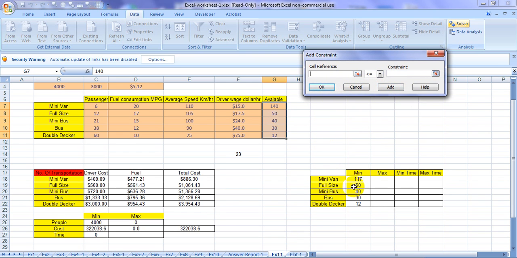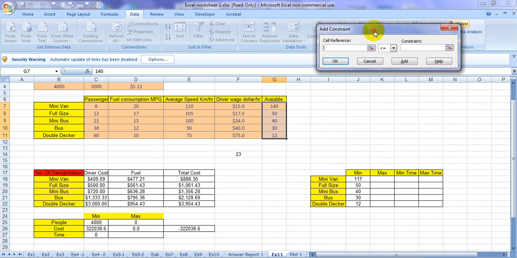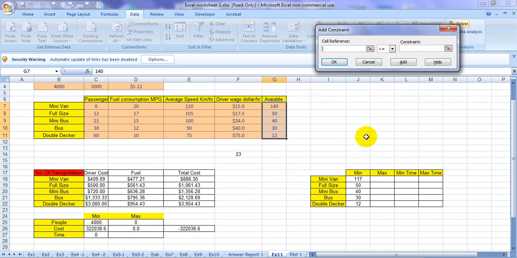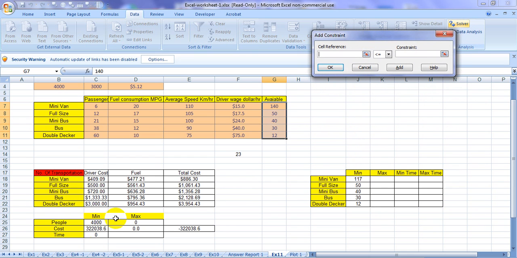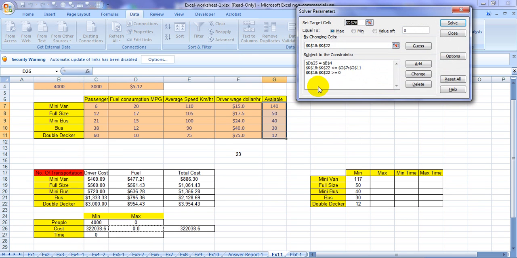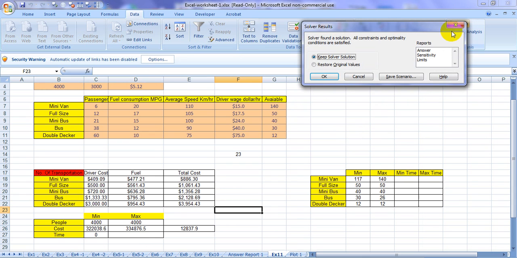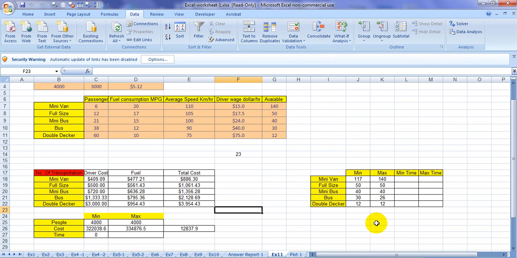Add. And finally, I have to mention that this value has to be equal to the number of the passengers. Add. And let's go to solve. And in this particular case, I just keep that, but I don't need any other ones. You can see that